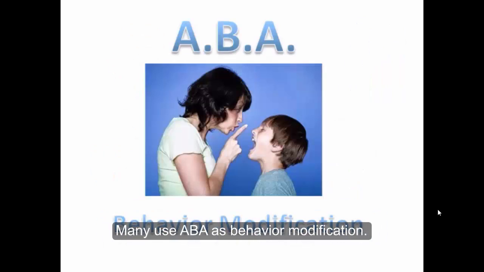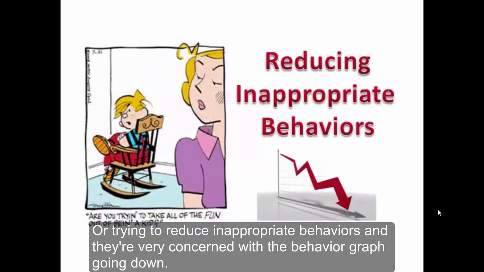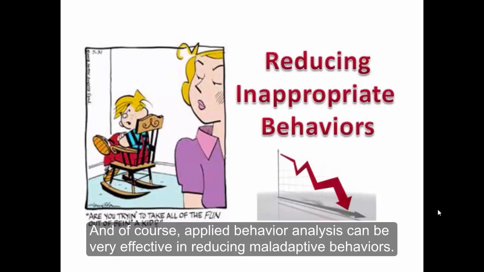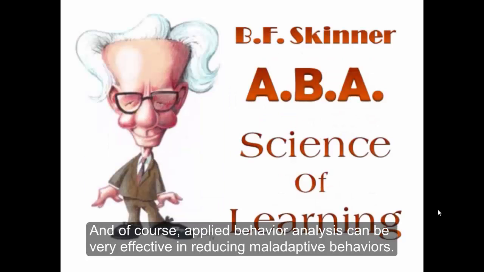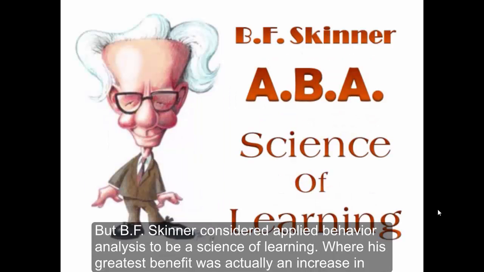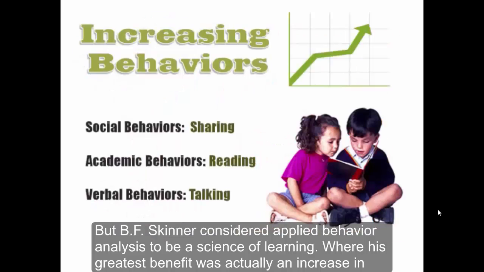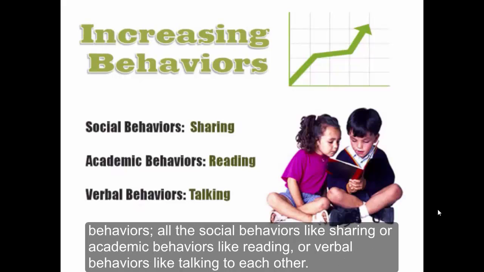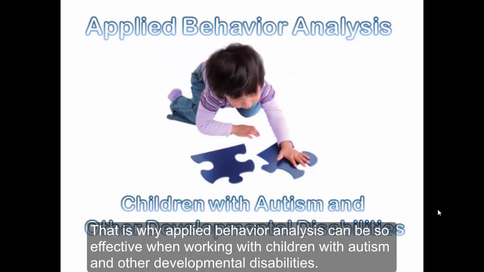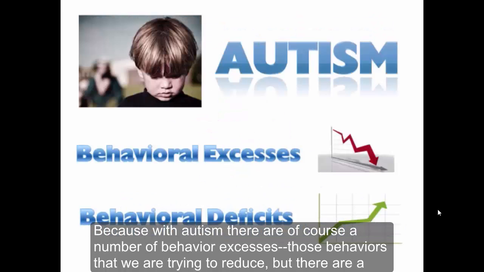Many use ABA as behavior modification, or trying to reduce inappropriate behaviors, and they're very concerned with the behavior graph going down. And of course, applied behavior analysis can be very effective in reducing maladaptive behaviors. But B.F. Skinner considered applied behavior analysis to be a science of learning, where its greatest benefit was actually an increase in behaviors. All of the social behaviors like sharing, or academic behaviors like reading, or verbal behaviors like talking to each other. That is why applied behavior analysis can be so effective in working with children with autism and other developmental disabilities. Because with autism, there are of course a number of behavioral excesses, those behaviors which we're trying